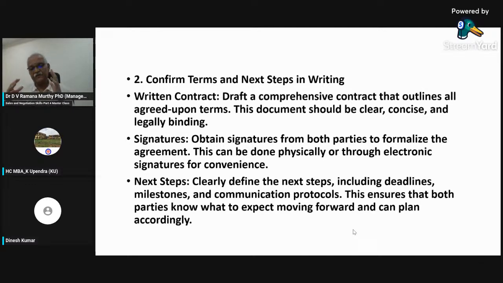So you have to define communication protocols also clearly. Who is to be contacted, how, the working hours and all that. And all the next steps will ensure that both the parties know what to expect moving forward and can plan